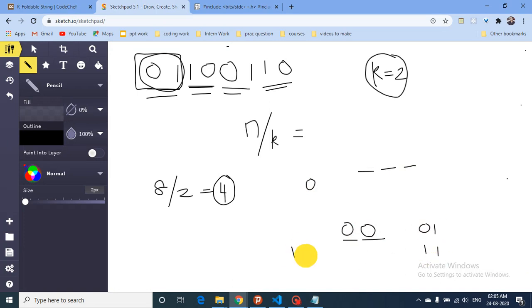1 0 can also be formed, but this is not lexicographically smallest, so instead you can form 0 1. I hope you understand. So what we are actually doing here is, because the possible length of K is up to 1000, this is very small. So you can iterate over every possible combination, which means that, okay, now I will form a K in which I will take all zeros and no ones.